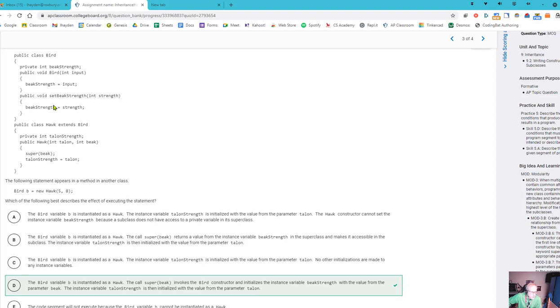Okay, so this would be correct, except they have an error up here in the way they have the constructor written. They have public void Bird(int input). I believe that's meant to be the constructor of Bird. However, constructors do not have a data type or void; they have no return type. So that is actually an error. It should have just said public Bird(int input). If it had, D would make sense,